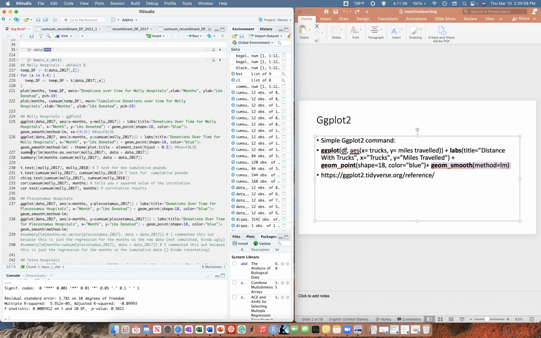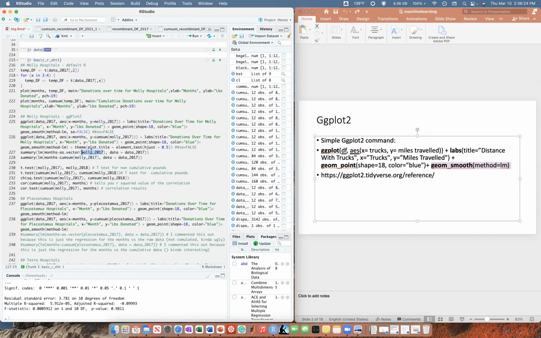Okay, so that's that. So just some syntax. You can just do summary LM and then your X and then your Y. Interestingly enough, you couldn't just call the data frame, so I had to put it as a vector. That's just some syntax. Honestly, for you guys, if you really want to get into the nitty gritty, I would suggest doing this. But if you know some Java, this would make it really simple. But you're more than happy to just copy. I'm more than happy for you to just copy paste my commands and just change them up, the data frames.